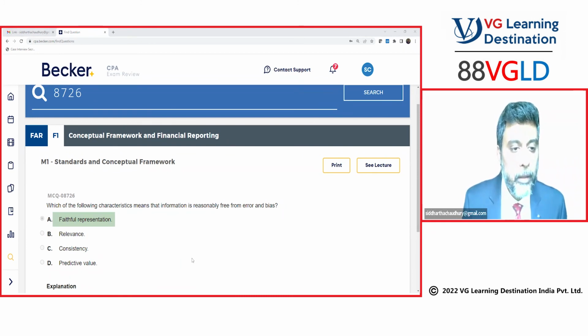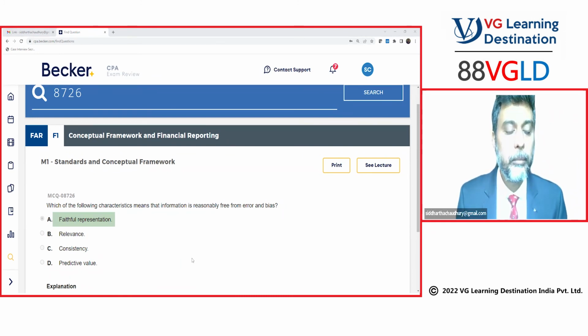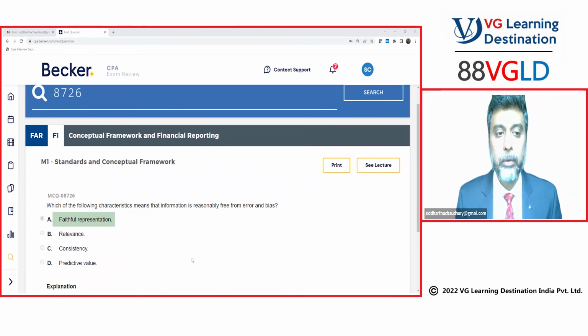Timing is 9 to 1. Yeah, the timing is 9 to 1. As of now, that's the official time for the FAR classes. And considering that it is summer time now, 9 is a reasonably good time to start. Later than 9 would be too late. But you are free to discuss this with the admin team. I have no issues with 9 to 1. I have no issues with 10 to 2 as well, at least as of now.